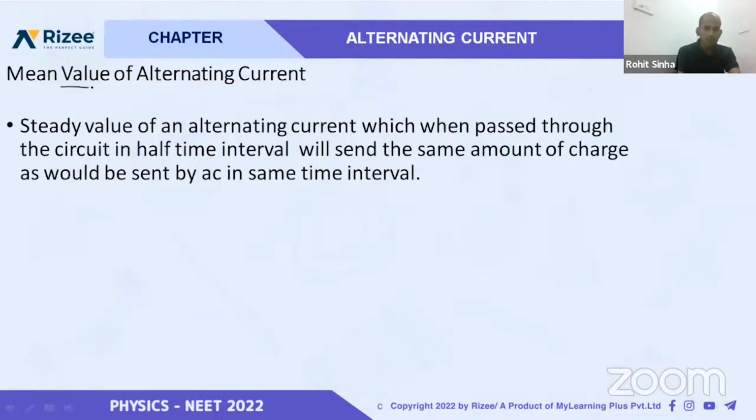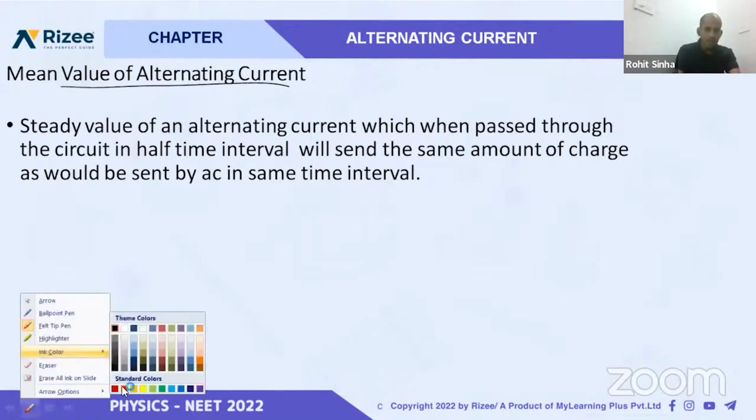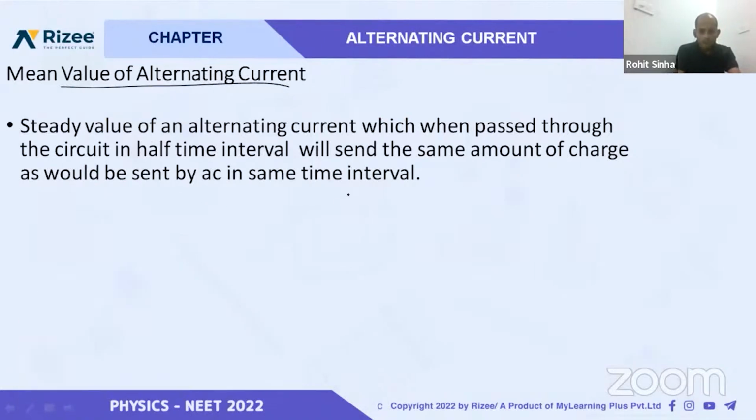Mean value of alternating current. What is the mean value of alternating current? Actually, mean value means average value also. Okay, what does it mean? See,